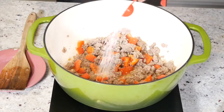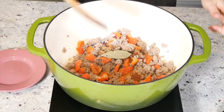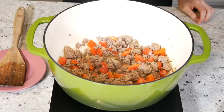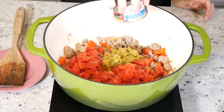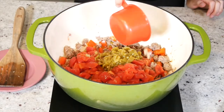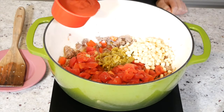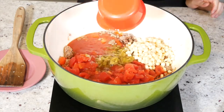Sprinkle in a teaspoon of salt, half a teaspoon of cumin, a quarter teaspoon of gluten, onion, and garlic-free chili powder, a quarter teaspoon of paprika, and don't forget to drop in that bay leaf. Stir it around before we add in some of our canned goods. Pour in a 14.5-ounce can of petite diced tomatoes with the juice, a 4-ounce can of green chilies, and 1 cup of canned corn. Add a cup of tomato sauce that is onion and garlic free with 3/4 cup of water,